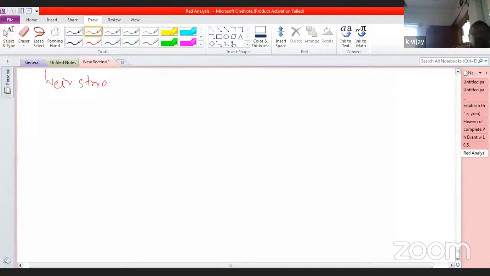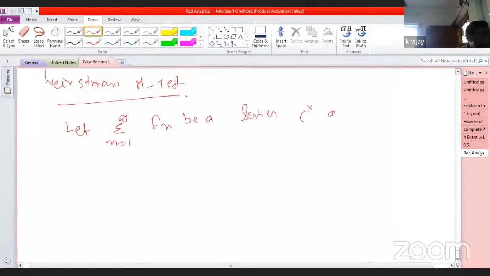Weierstrass M test. Weierstrass M test here. Let summation of n equal to 1 to infinity f_n be a series in C power X, and suppose that there is a k greater than 1 and a subset of